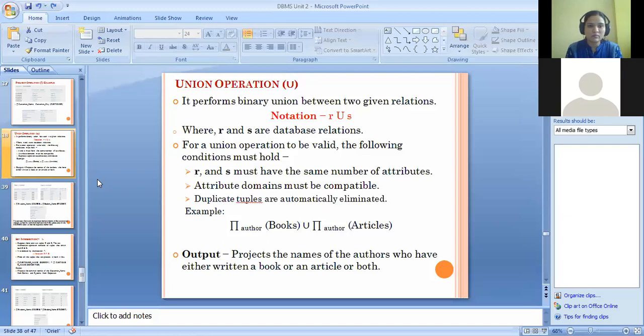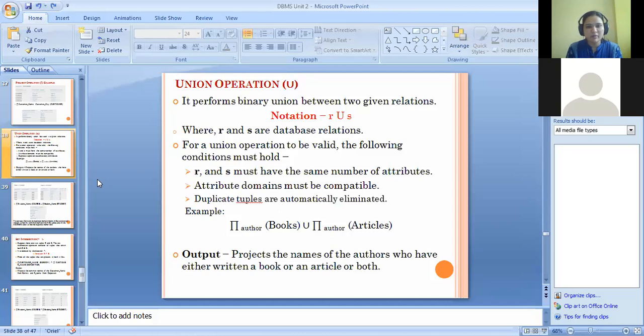For a union operation to be valid, the following conditions must hold. R and S must have the same number of attributes. Suppose R has 4 attributes, 4 columns, then S also should have 4 columns.